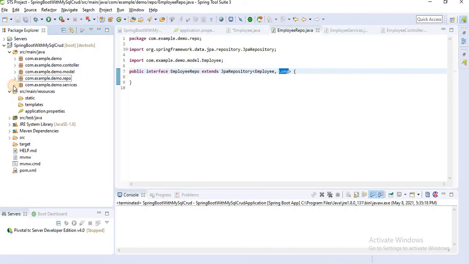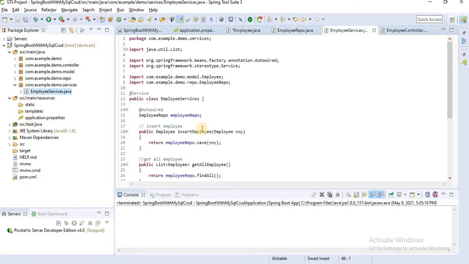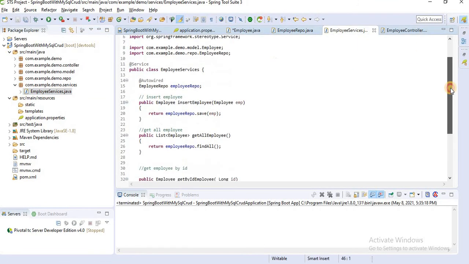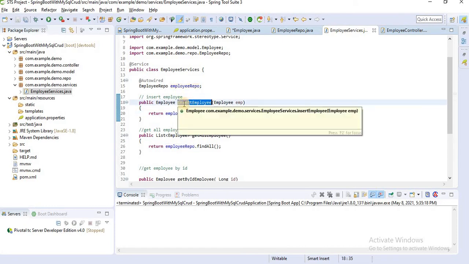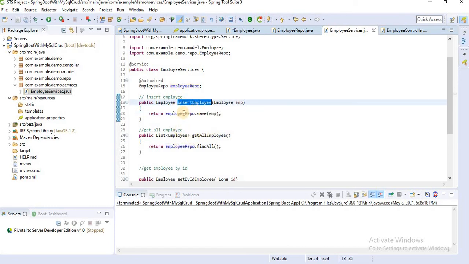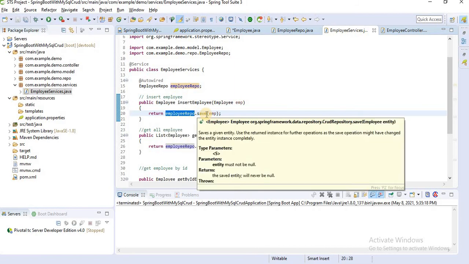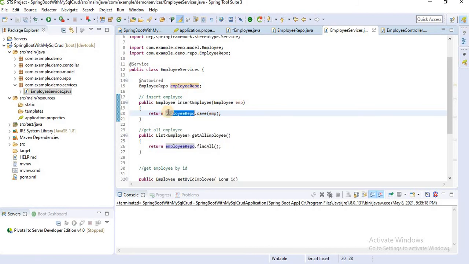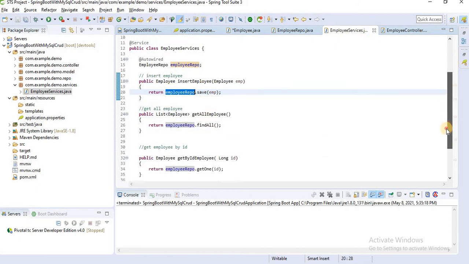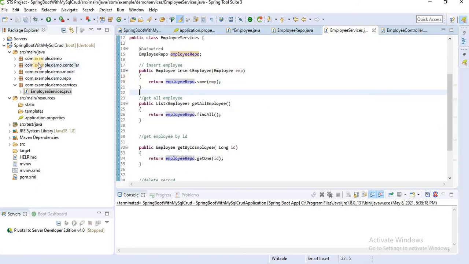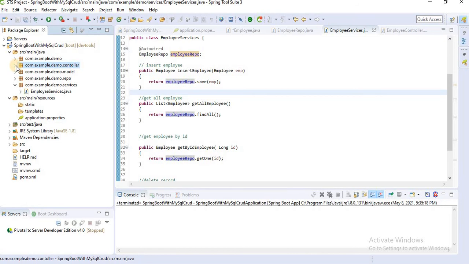Then we create one service class. Service class creates all the CRUD methods: insert, update, get all, and it accesses the JPA repository methods and gets the data from there. Once we have done the service class, then we create the controller class.